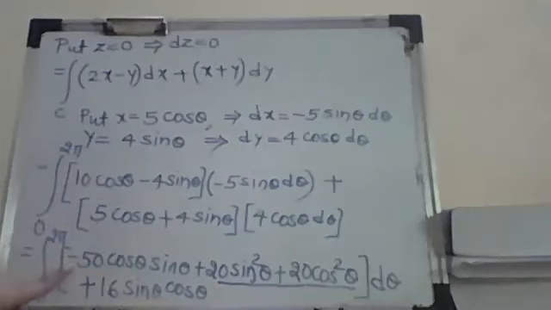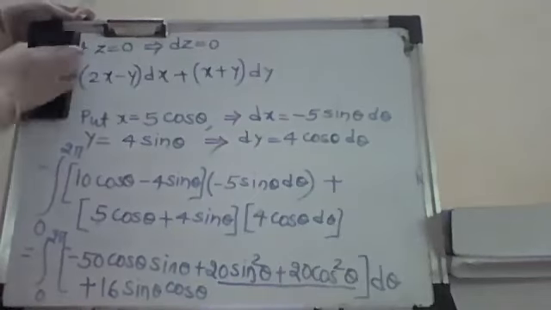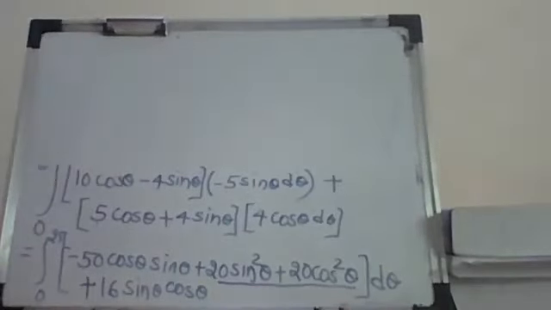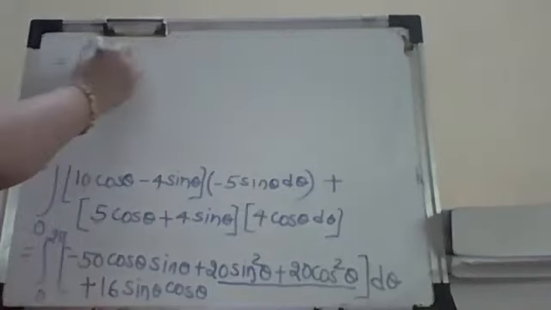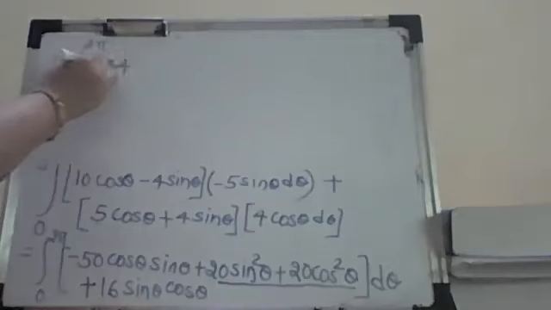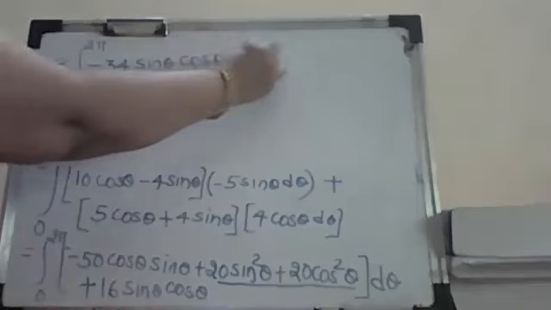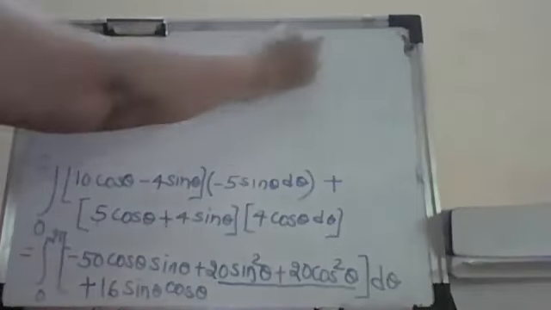Now what about this? It is minus 50 plus 16 sine theta cos theta. Correct. So I can subtract this. So we just write down this integration in the reduced form. So this is, say, minus 50 plus 16. That means this is minus 34 sine theta cos theta, and plus I have 20 because we have directly used that.